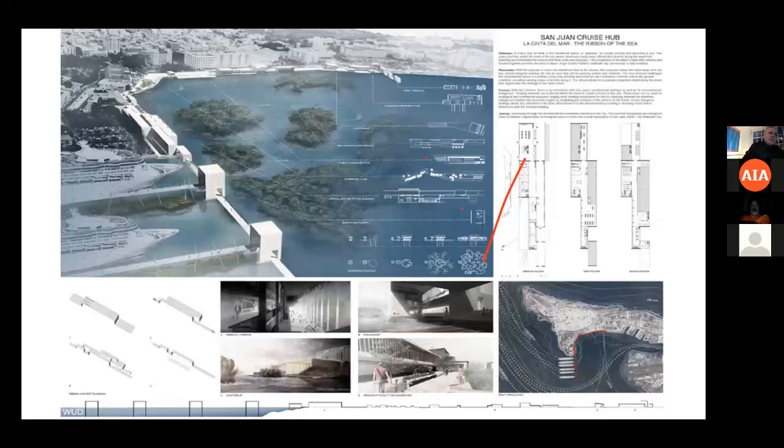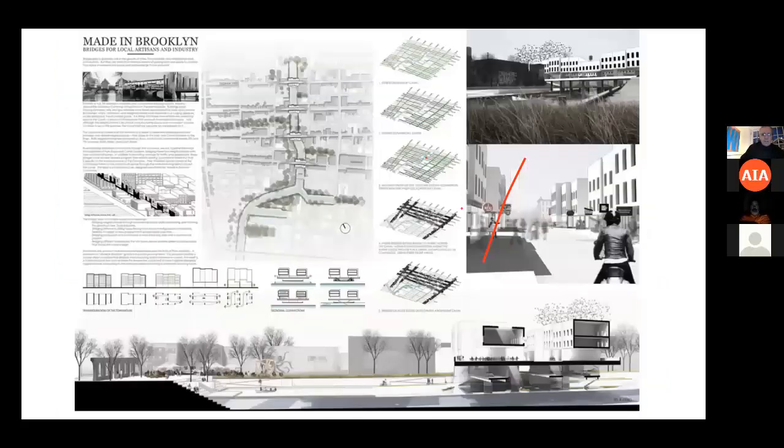And on this one, once again, there's sort of this big axonometric rendering showing the context. And they place a lot of things in the dam area, in the water. There's lots of architectural elements that are floating around. These boards would be large, and you can blow them up and blow them down, section along the bottom, etc. So once again, here you can use photo montage, whatever you feel comfortable with. When it comes to rendering and doing your board layouts,